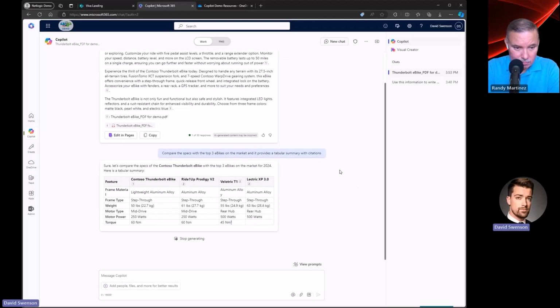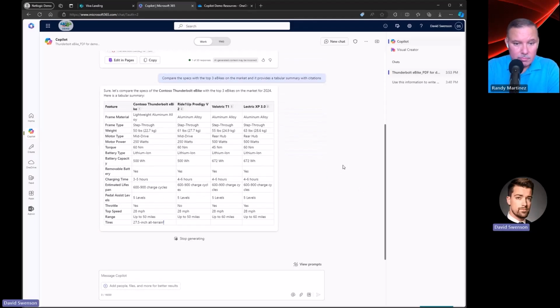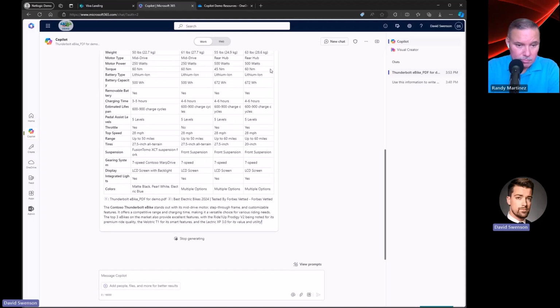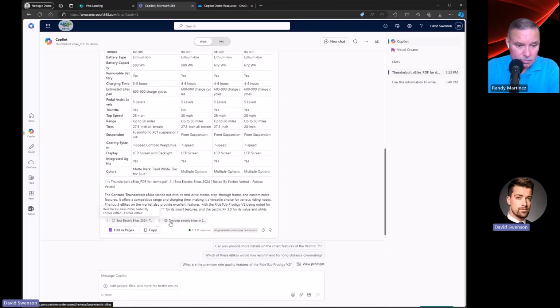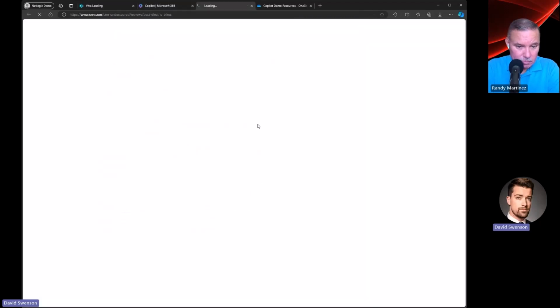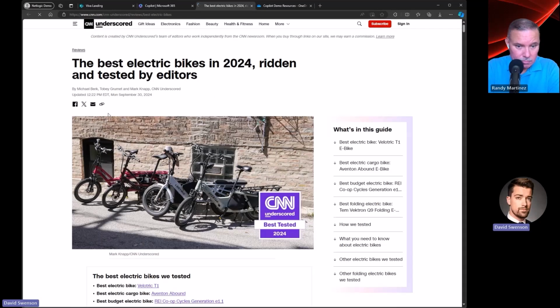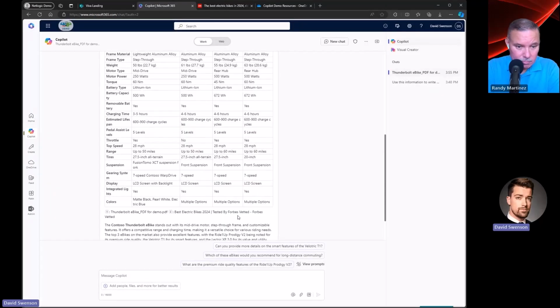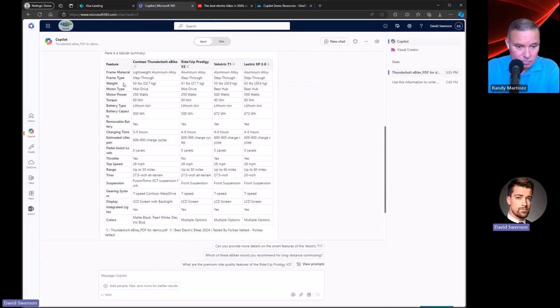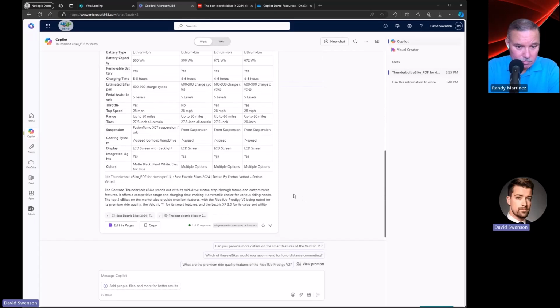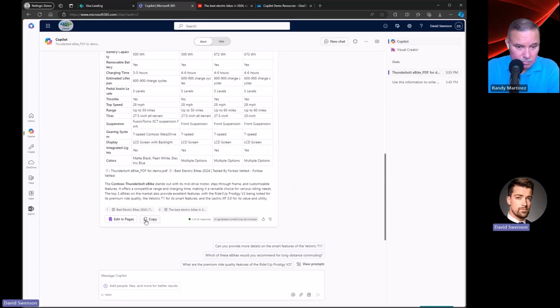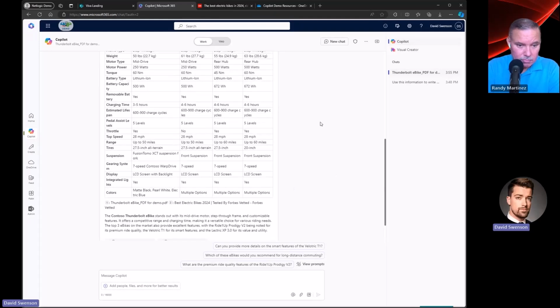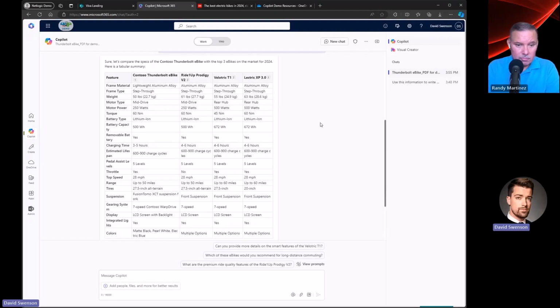And just like that, it's gone out and found 3 different e-bikes that are out there, the top sellers. You've got all of your citations here, which you can go directly to. So if we look at, hey, the best electric bikes, we can open that up. We can get right to where that article came from, where the citations were. But right off the bat, I've got all of this information made in a table for me, which I can then take and copy directly to Microsoft Excel, and I'm now proceeding with that day in the life type of